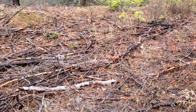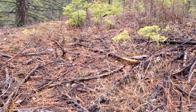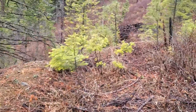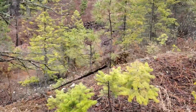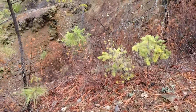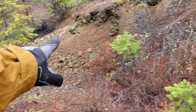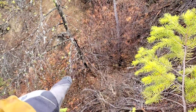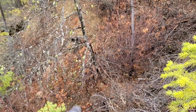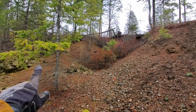There's some quartz here. Oh wait, what's this? All right, I'm gonna walk down here. Pretty sure. Okay, I see that. Let's go down here. So I have you zoomed out a little bit here so that you can see